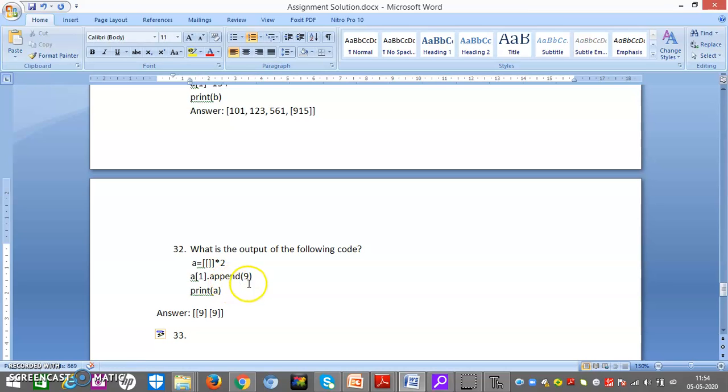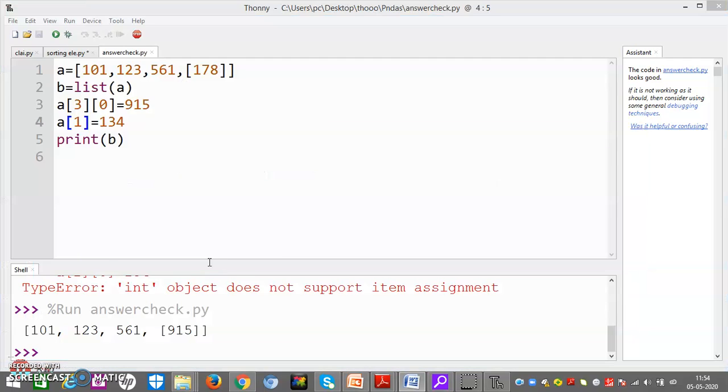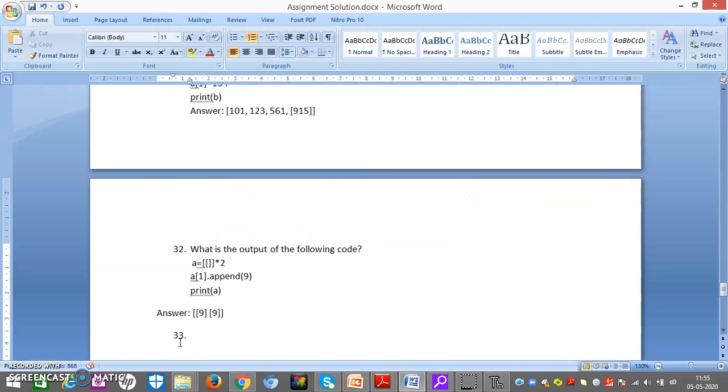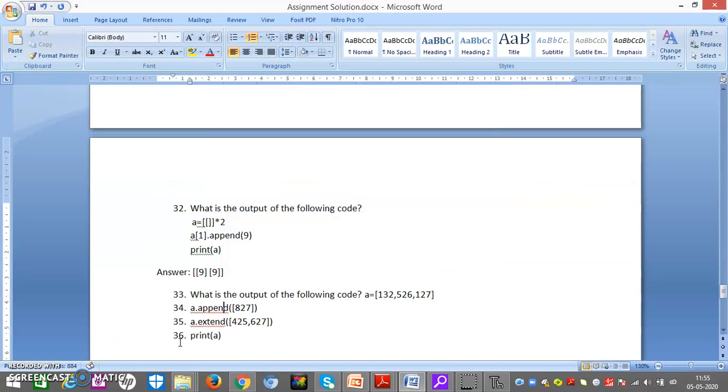Append adds 9 to the empty list. Here it will put 9. Then it will multiply 2 times. So 2 elements are there, 9 and 9. I think this is very much clear to all of you. Now coming back to the next question. What is the output of the following code? After that, we are going to revise the whole assignment in one go.